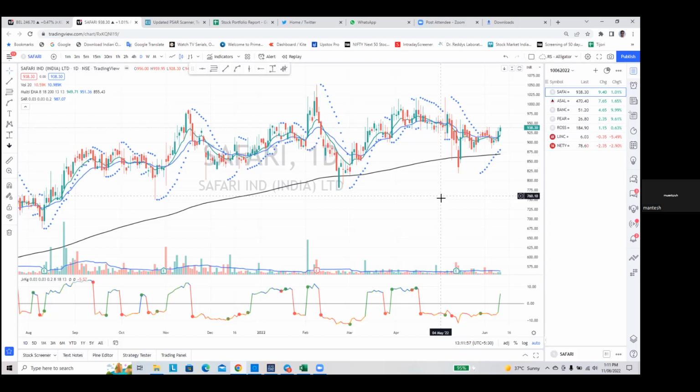Okay, so let's go to the next step now. The stocks are available as a watch list here, 10th June. Then the first stock is Safari. So if you see here,